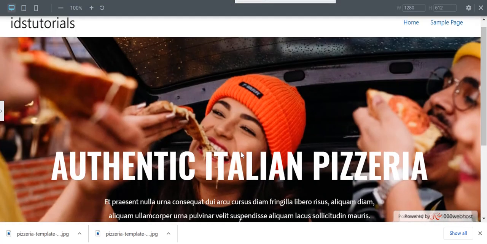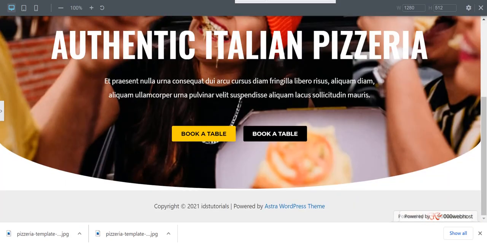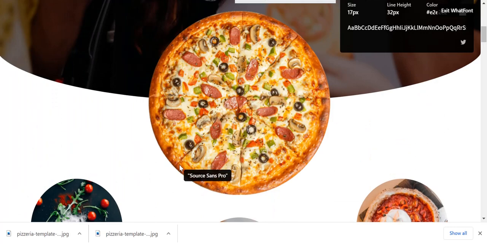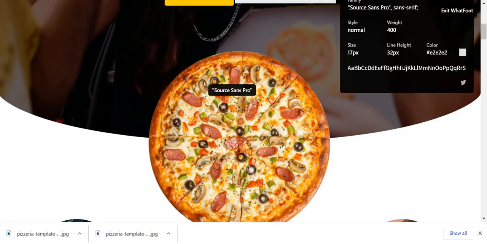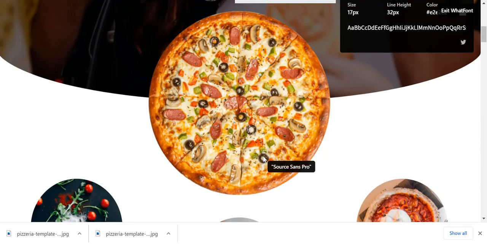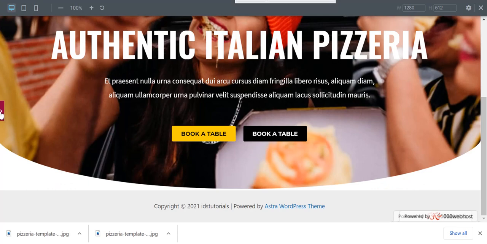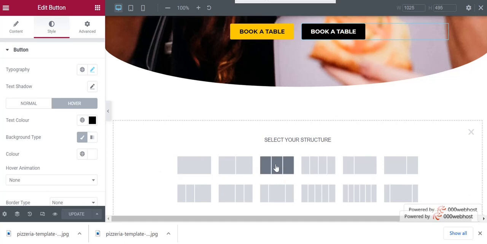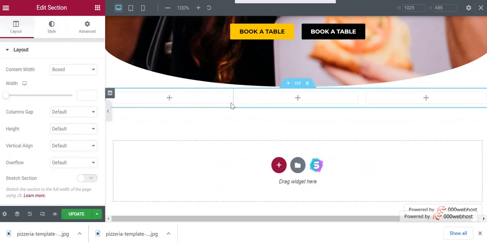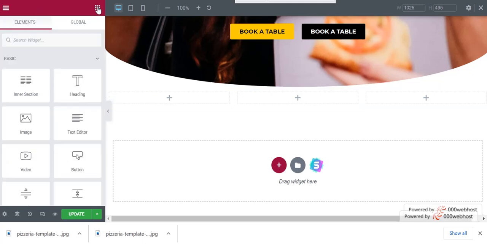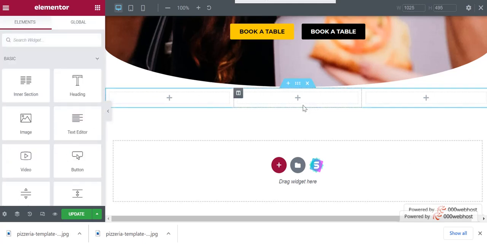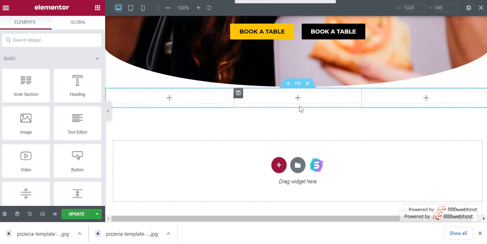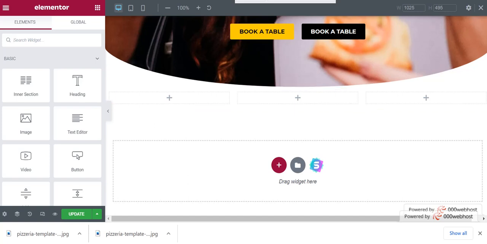So as you can see, this is how we make this section. Now let us move further, and here you can see this is one large image over here. So how do we add this image so that it covers half portion on this section and half portion on the other section? For that we have to add a section. Now click on this add section, and click on this type of structure. Actually, you can do two types of thing. You can select a single structure, or you can also select this type of three structure. I will show you with this type of structure.